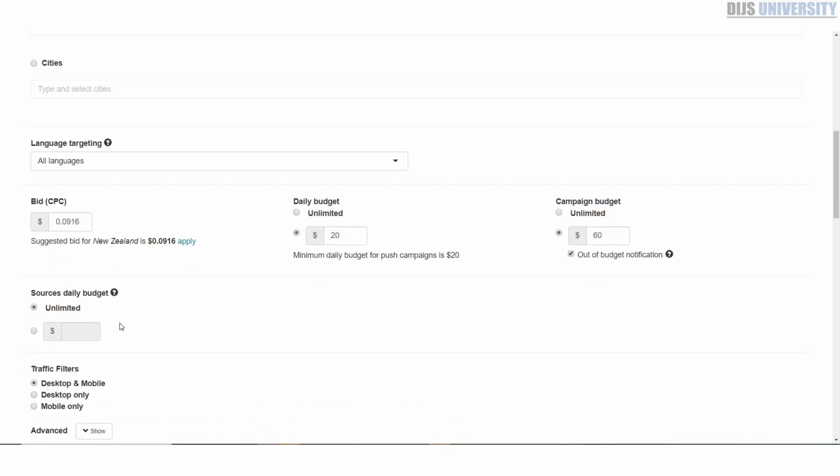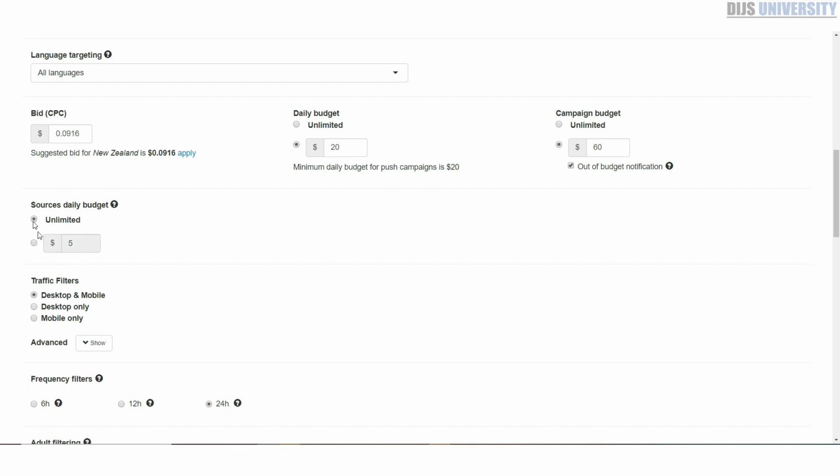Now you can also do a sources daily budget. I recommend using rule-based optimization, but you can limit your sources. So let's say you don't want to go over $5 a source. You can do that. That's not a problem. And then I'm just going to do unlimited though. And then here we have the traffic filters where if you want to